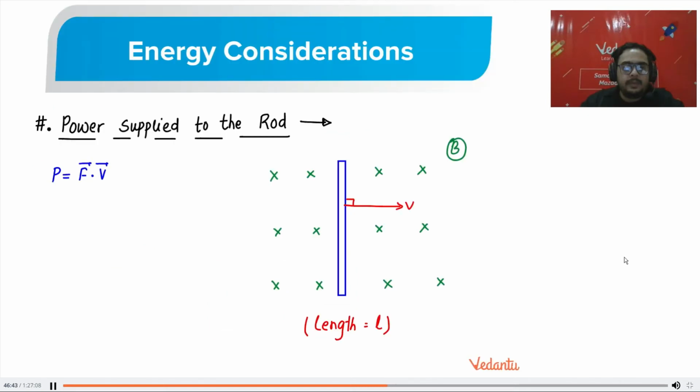Okay. Now, can I write the power? You know what is power? What is instantaneous power? Power is basically F dot V. This you should remember from the work power energy chapter of class 11th. Power is simply F dot V. Am I correct? So what will I get? Power. Force I have just calculated.